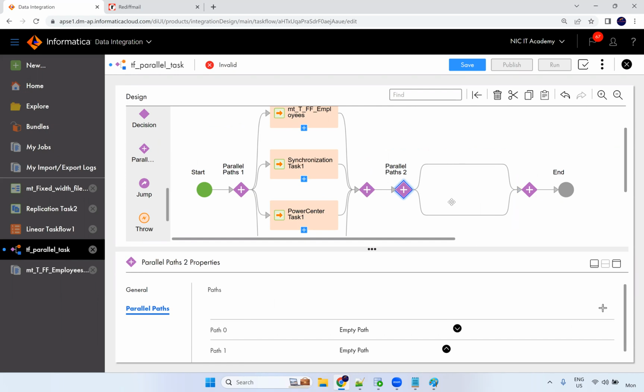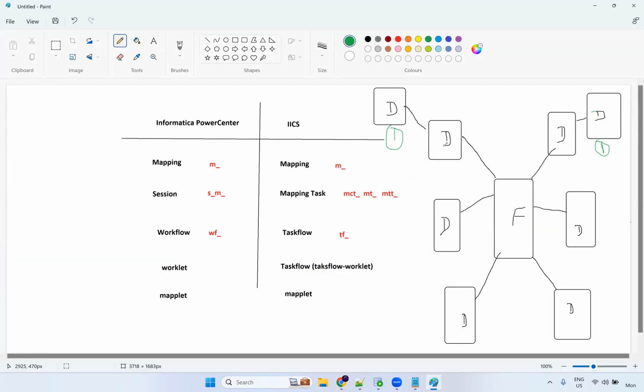Here you can go for another 6 tables: 1, 2, 3, 4, 5, 6. Even if there is any dependency, you can arrange it based on the dependency. For the second order, assume that there is no dependency. In the second data flow, you can run all the 6 tables in parallel. Each table has one task, you assume that. Once this is completed, the third stage is the fact table